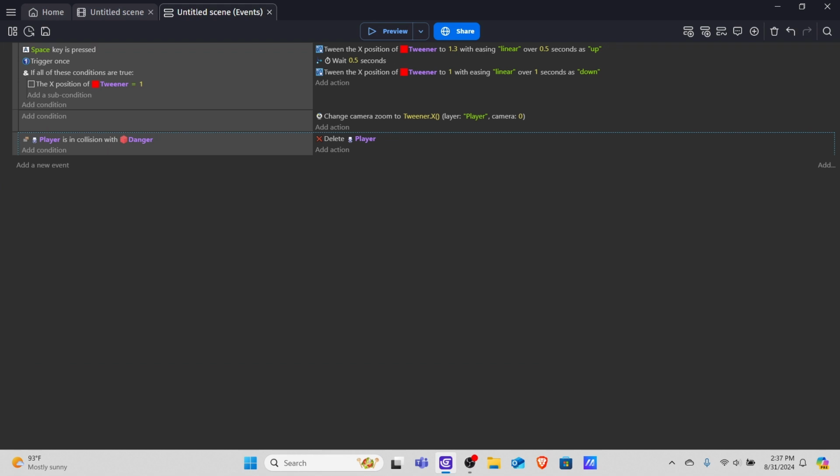So now, in order for us to detect our fake jump, we're basically going to be doing the same thing that we did earlier. If the player is in collision with danger, and if the player is on the ground, which means if the x position of the tweener object is equal to 1, then we want to delete the player. So that's the condition. Actually, I can just click this right here and copy it and then paste it,